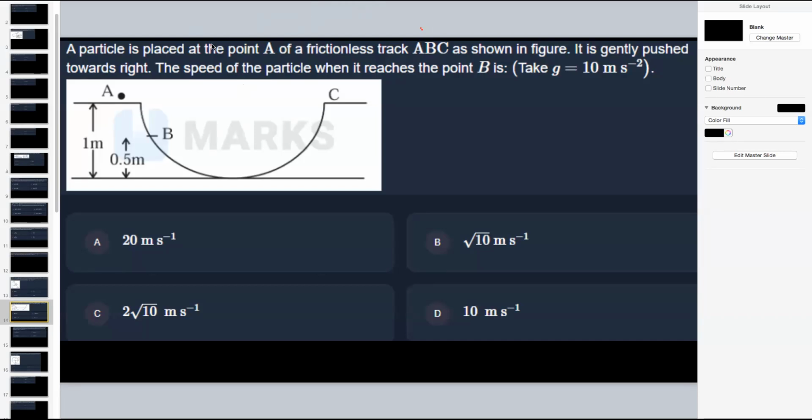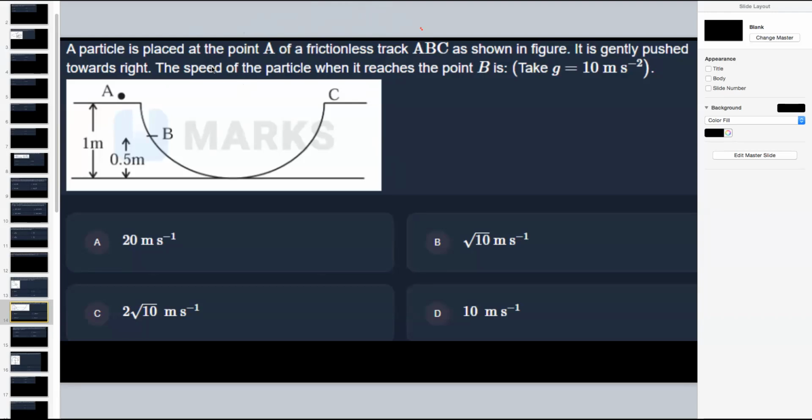Okay, we go for the next one. The next problem is, a particle is placed at point A. It's a frictionless track, ABC. It is gently pushed towards the right. The speed of the particle when it reaches the point B is,